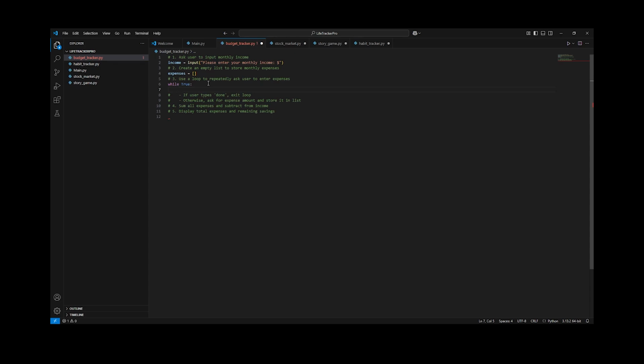So while expenses is true, that means while expenses is still going on, input. So while expenses is still going on, we want the user to keep inputting this, right? So input, and here I will add in a prompt that will ask the user to enter an expense,